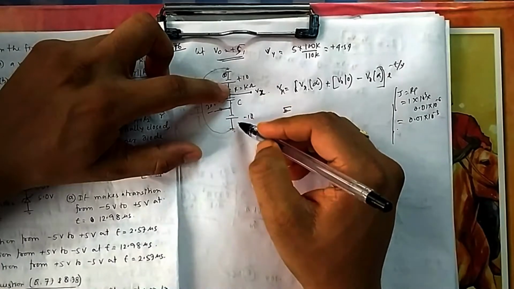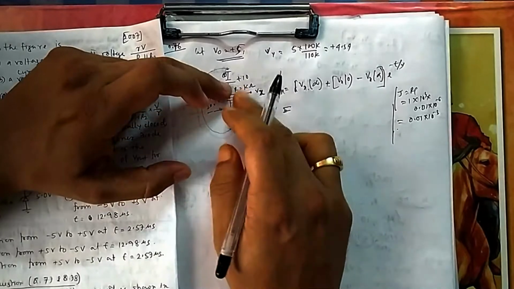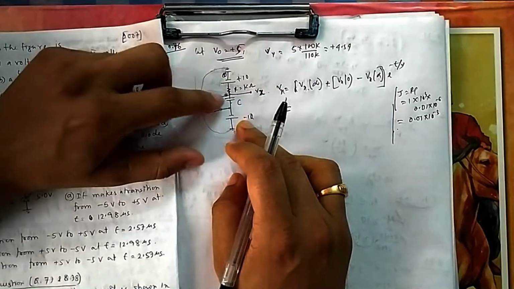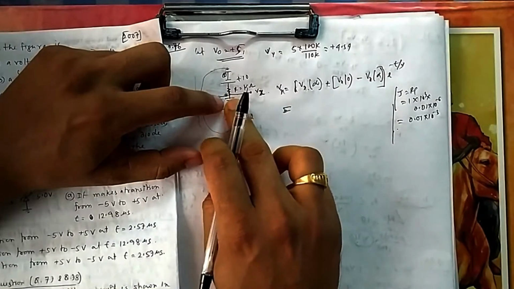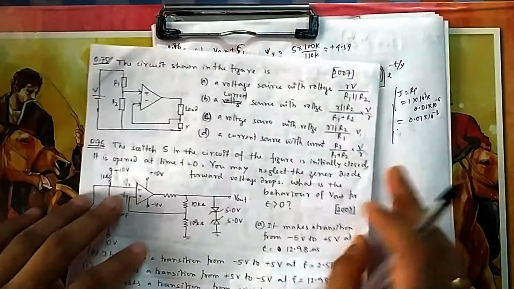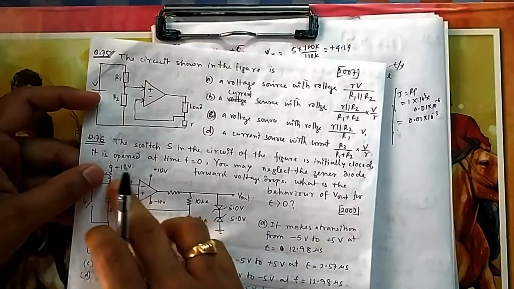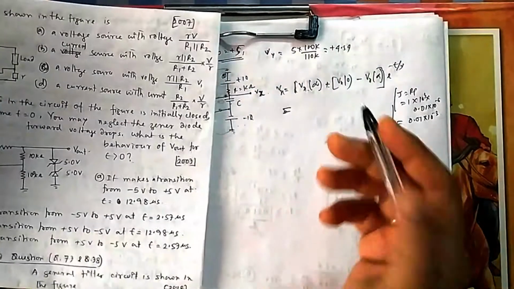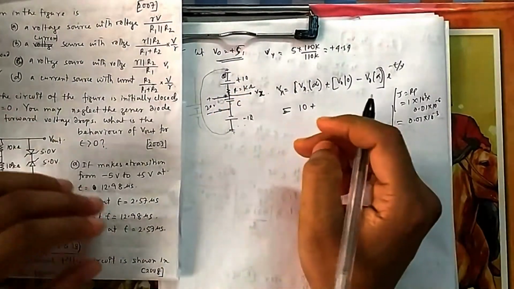Vx is from here to here. So from here to here, what is the voltage? 20 minus 10, so 10 volt will be the final voltage. You can think also, finally what will happen? Finally it will open after it gets fully charged. After it gets fully charged, this capacitor will act as open. So this switch is open, so Vx will get only 10 volt. You can think of it that way also. The final voltage will be 10.